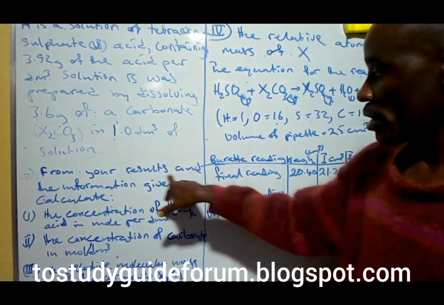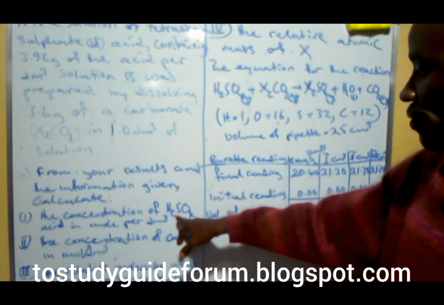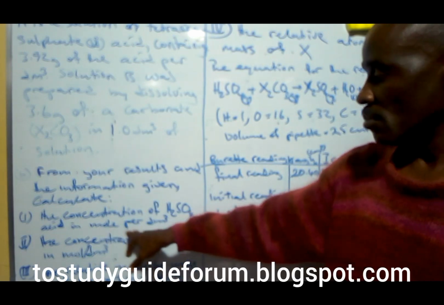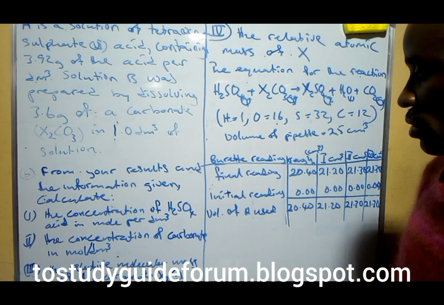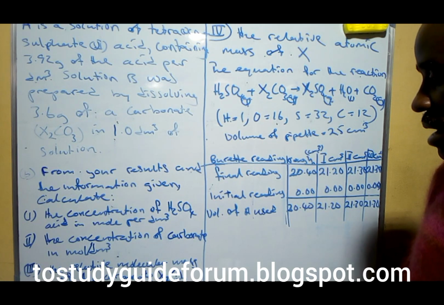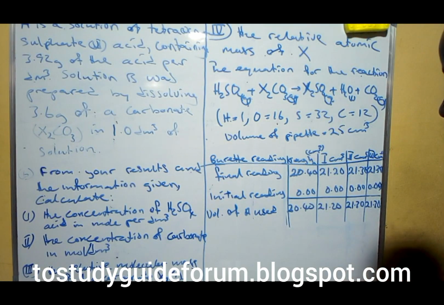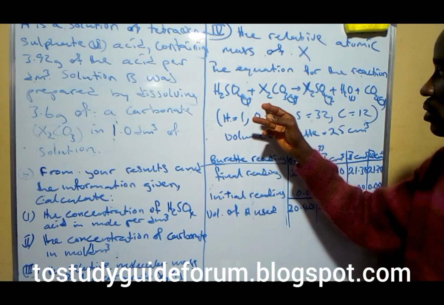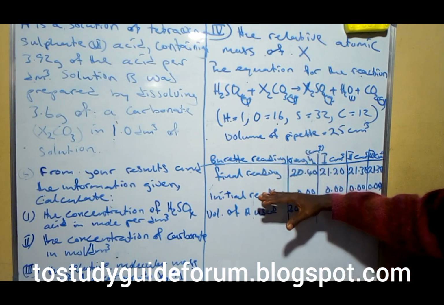From your results and the information given, calculate the concentration of the acid in mole per dm cube, the concentration of the carbonate in mole per dm cube, the relative molecular mass of the carbonate, and the relative atomic mass of X. This is the equation for the reaction,